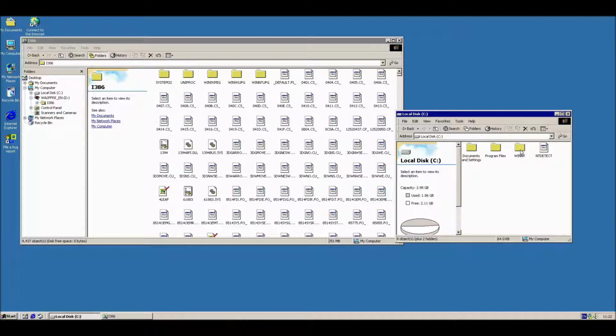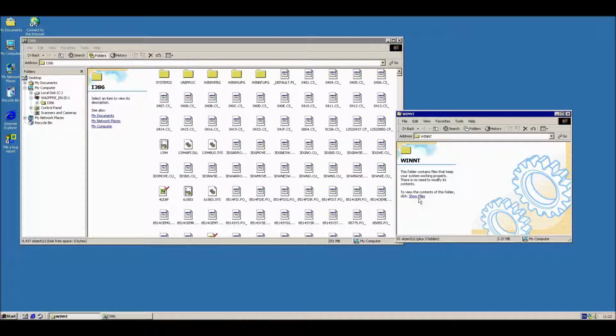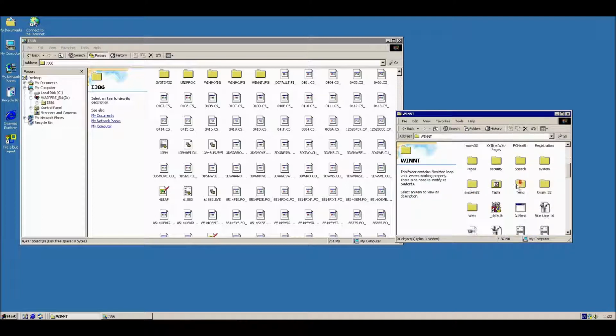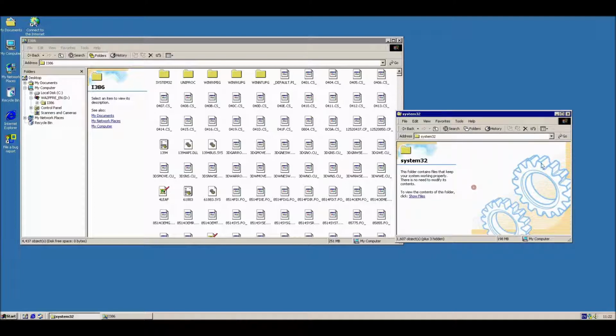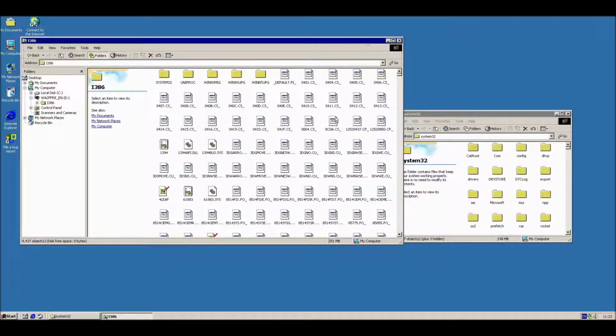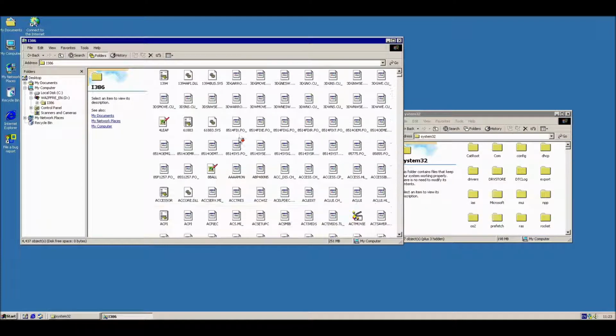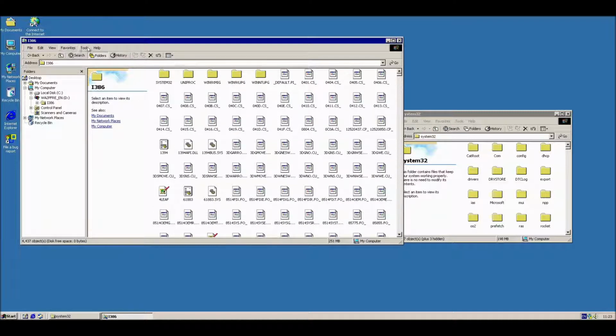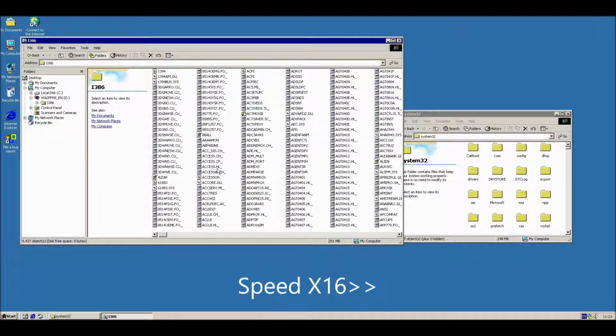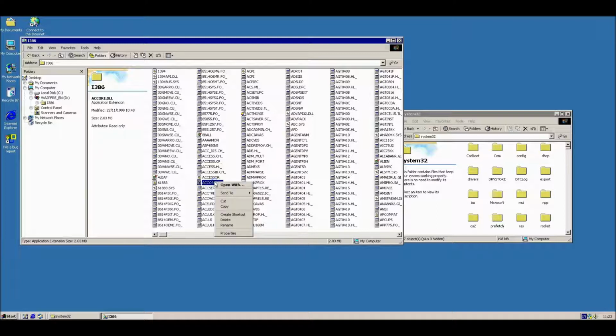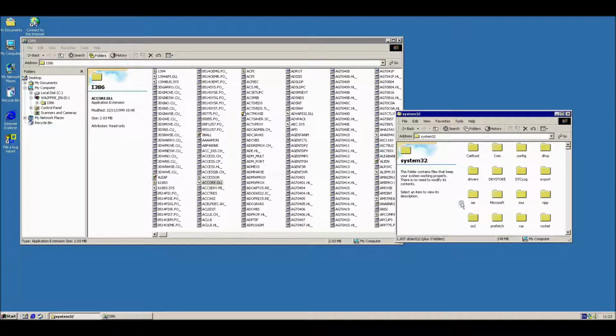Okay. Windows and system32. So now it's just going to be a case of finding that file. I wonder if I can sort these alphabetically. Ah, there we are. Okay, so if I copy that and stick it in there,